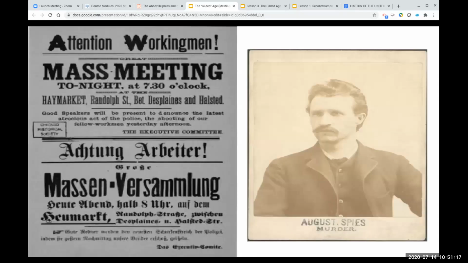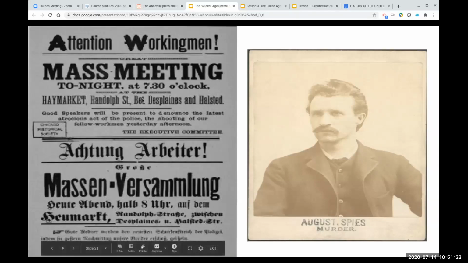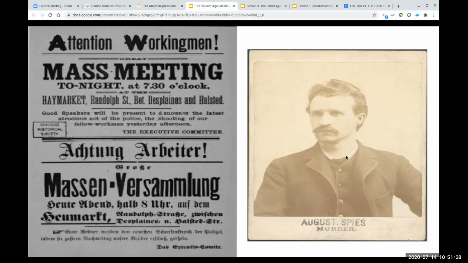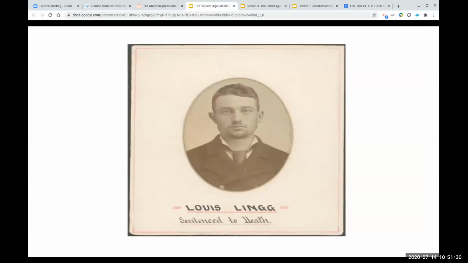Here are some posters of the Haymarket meeting. This is a meeting in Haymarket Square, in both German and English. August Spies, this is a picture of somebody, supposedly an anarchist, who was arrested for throwing the bomb. Louis Lingg was sentenced to death. It's unclear whether they actually did it or whether these were just trumped up charges. But in the end, Lingg is actually executed. Others are executed for this event, and they become kind of heroes to the workers' movement,